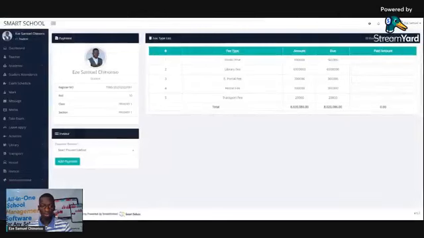Click on payments. It will direct you to the next page. You have to make payment. You can view this. Which payment platform is available? We are making use of Paystack. Paystack is a very secure payment gateway in Nigeria, and we also integrate